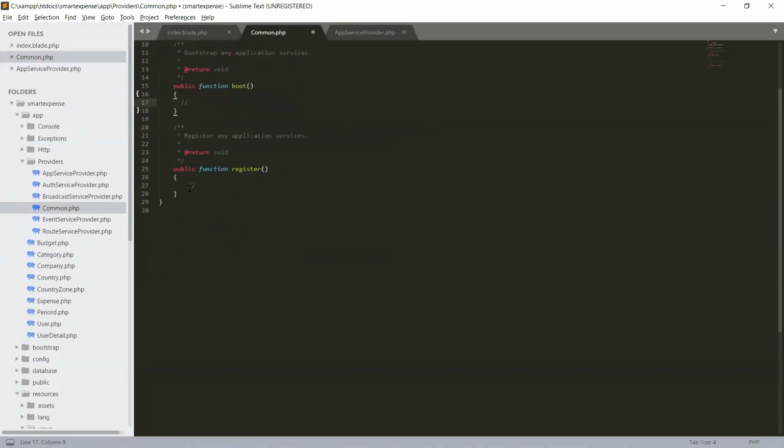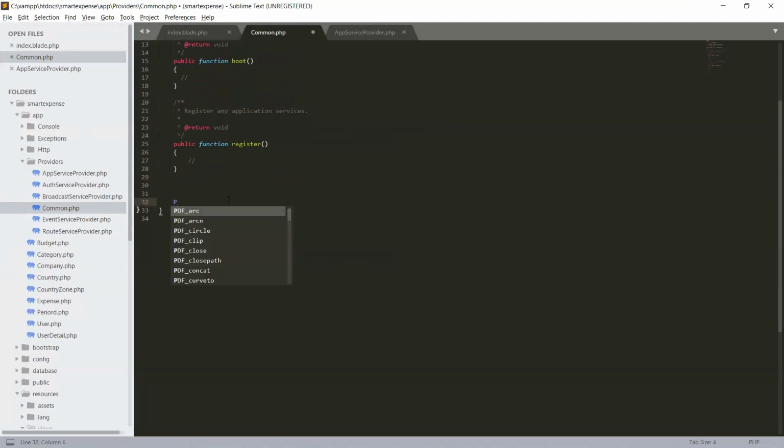So the register function we will empty, and we will create our own function. So save it, and okay, public. So it will be a public function, and the public function, make it static, because why we use static I will shortly define. The public static function